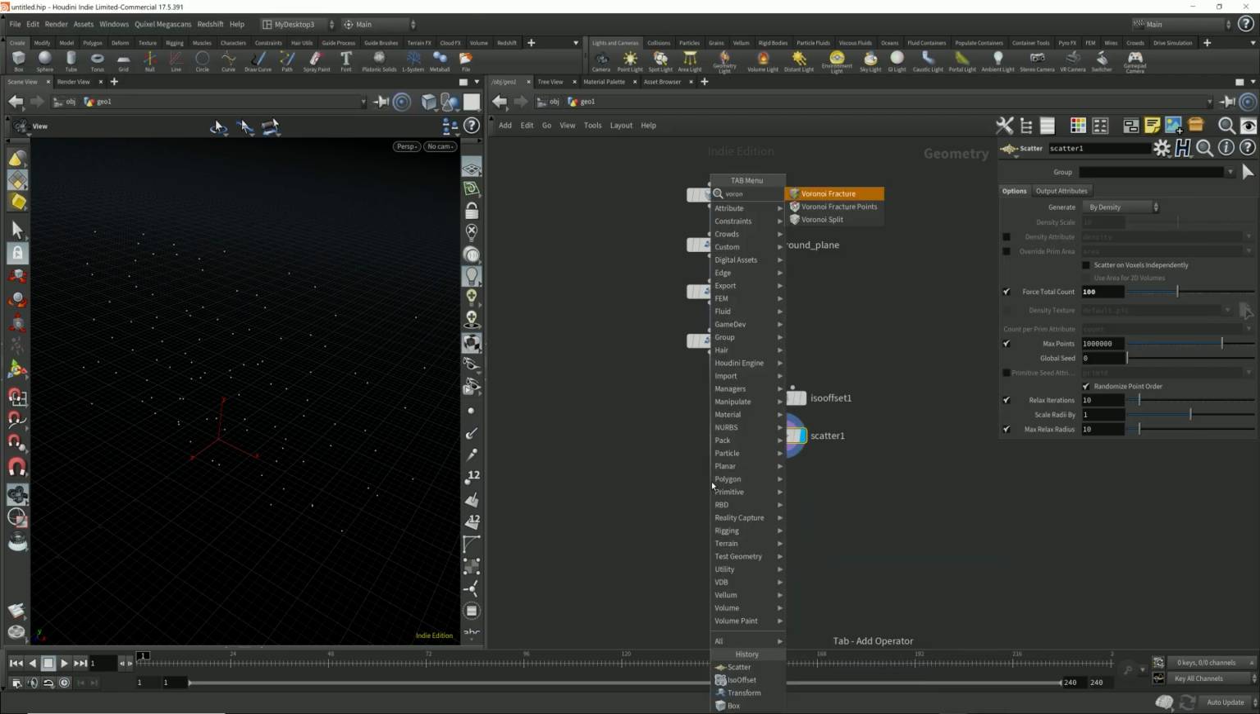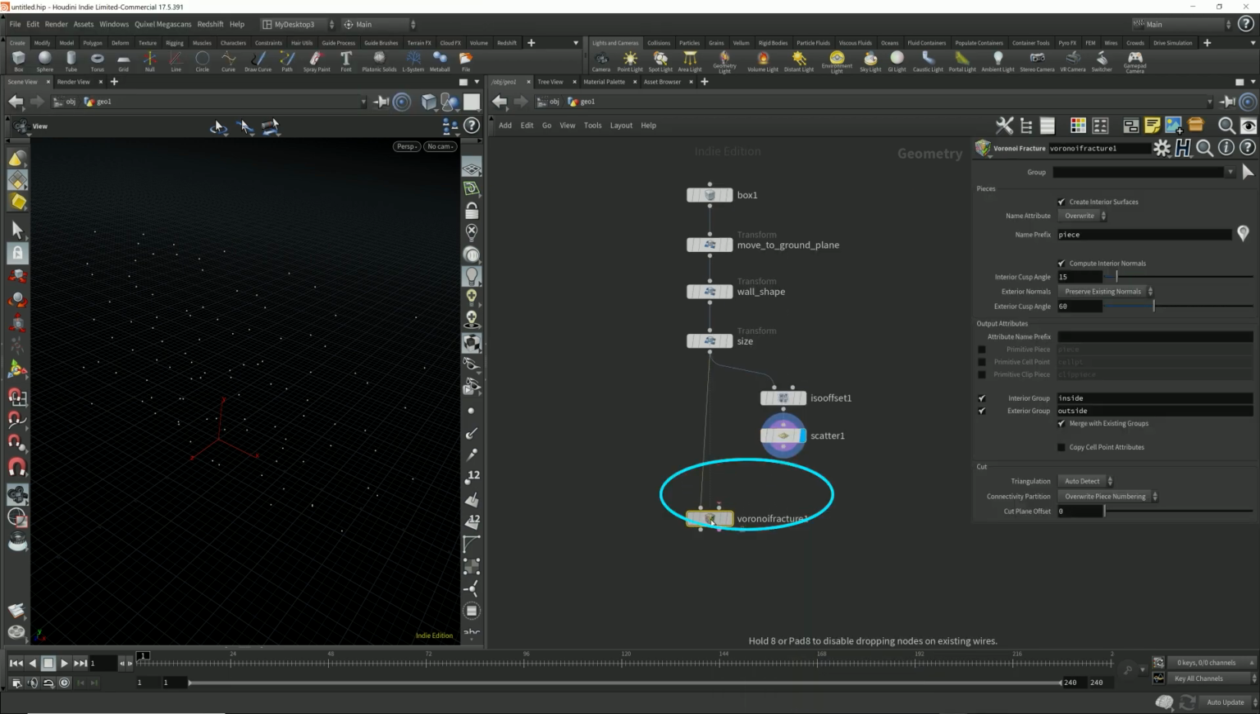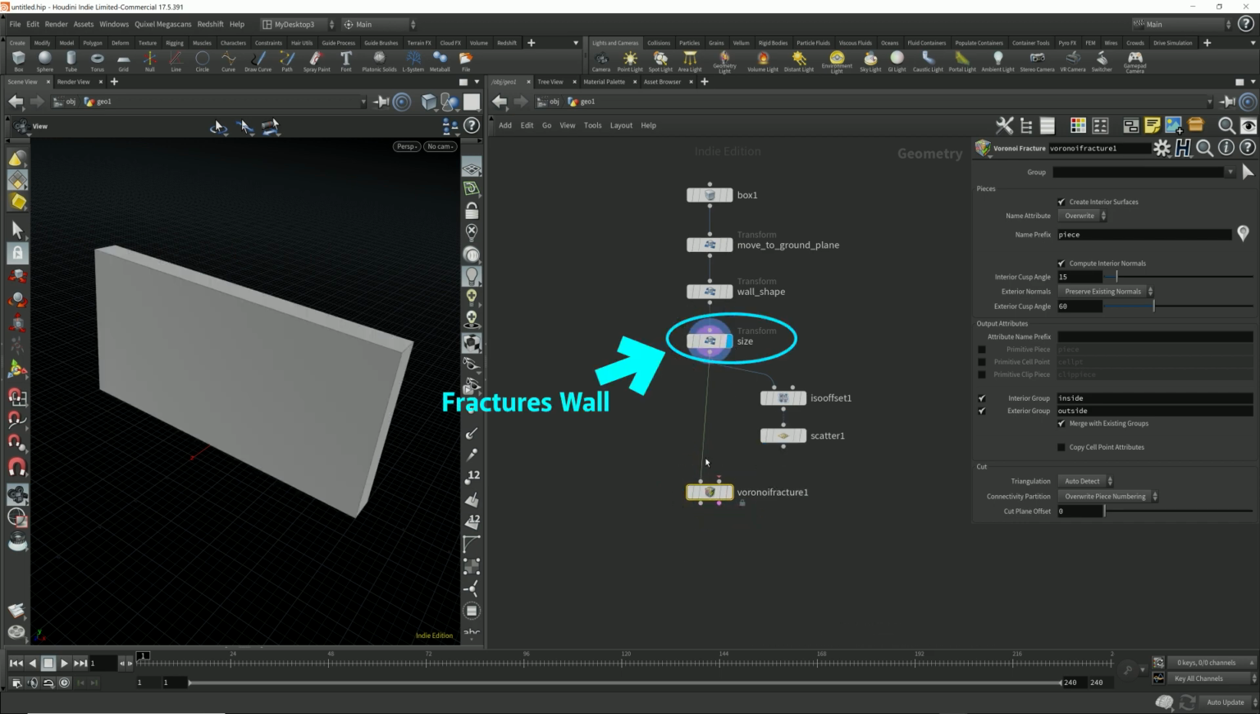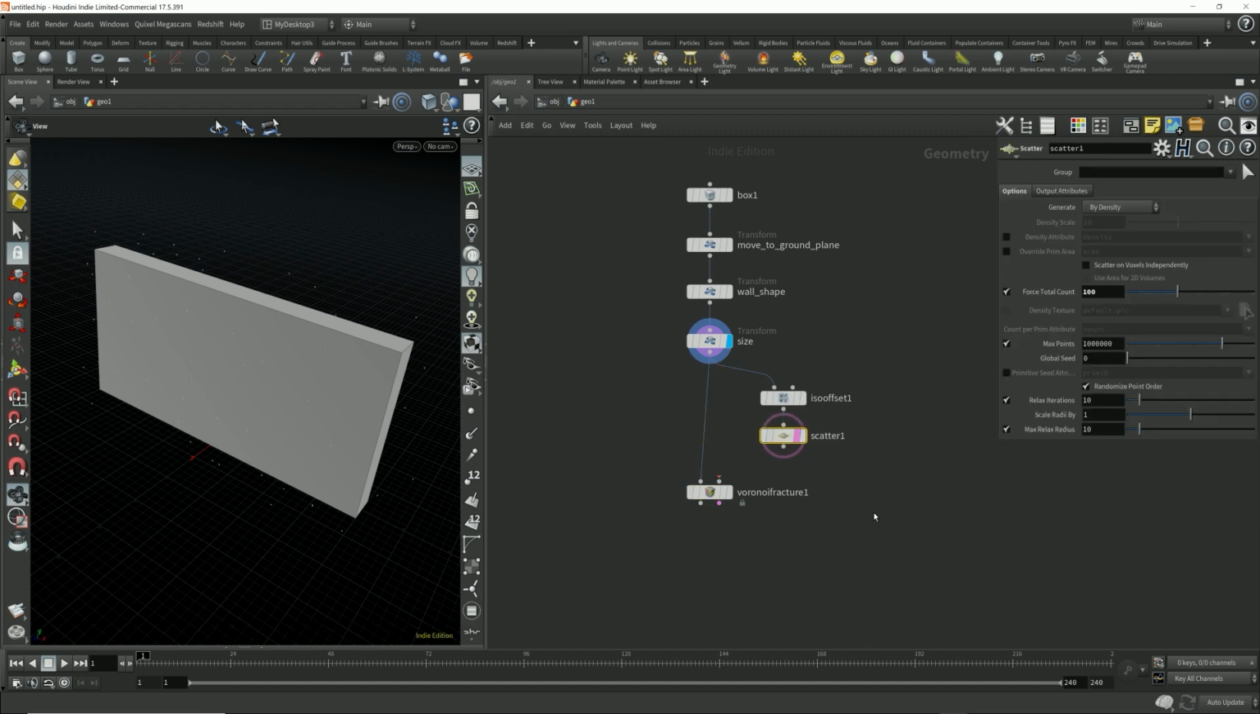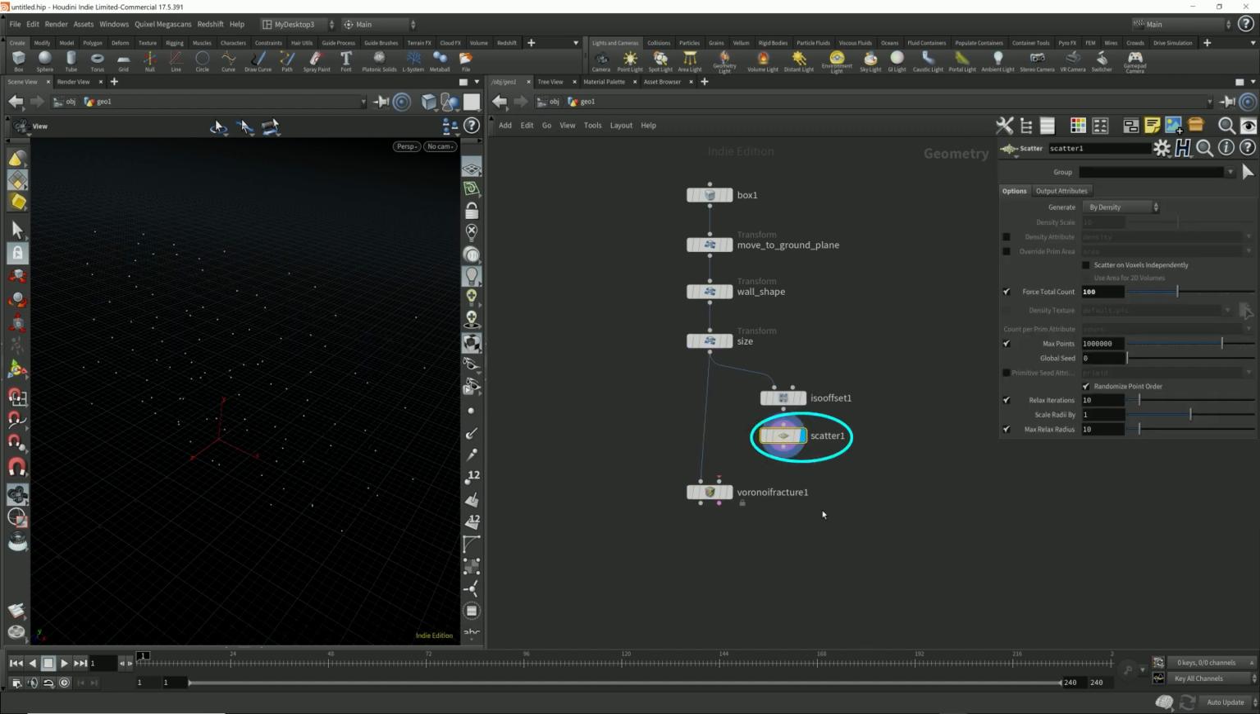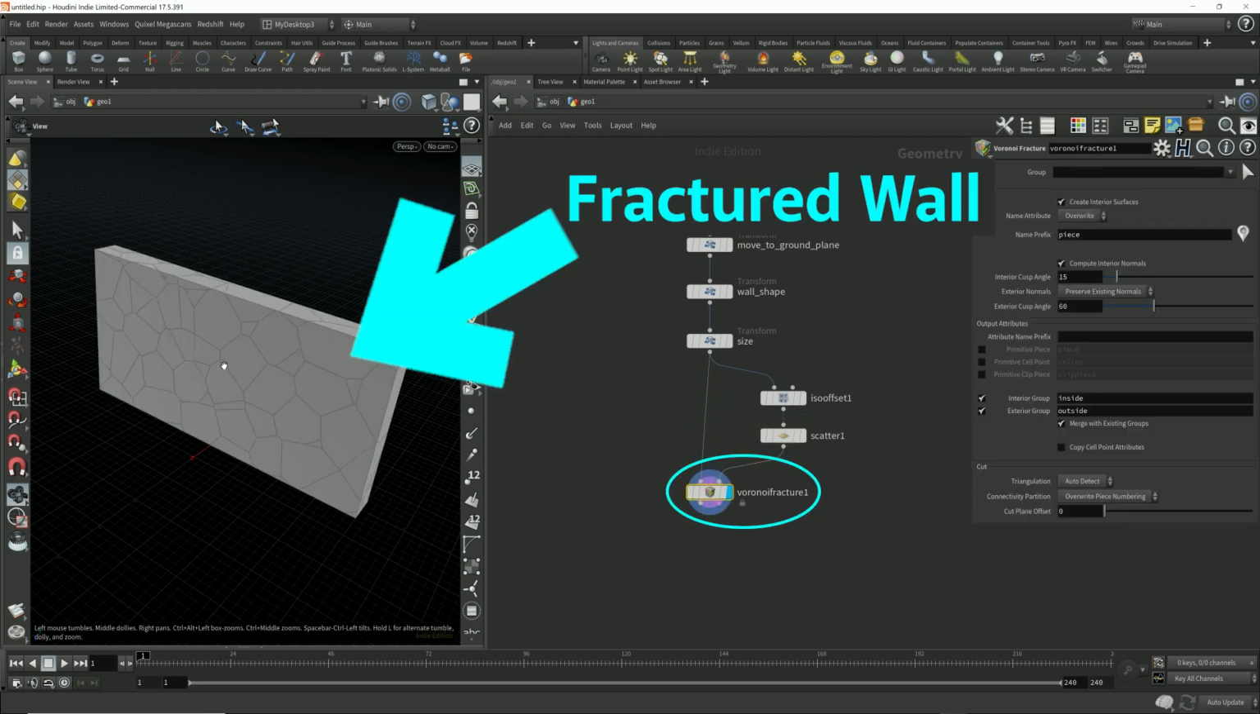Put down a good old Voronoi fracture. Now what this will do, it will fracture our wall for us according to these reference scatter points. These points are where we want the fractured pieces of the wall to be. So we're going to hook this up to the second input of the Voronoi fracture, and it'll automatically create these